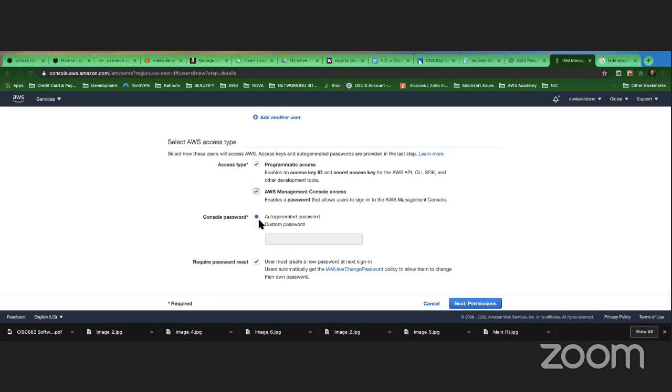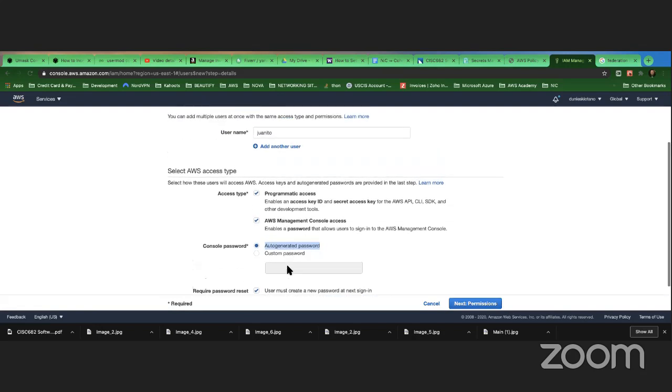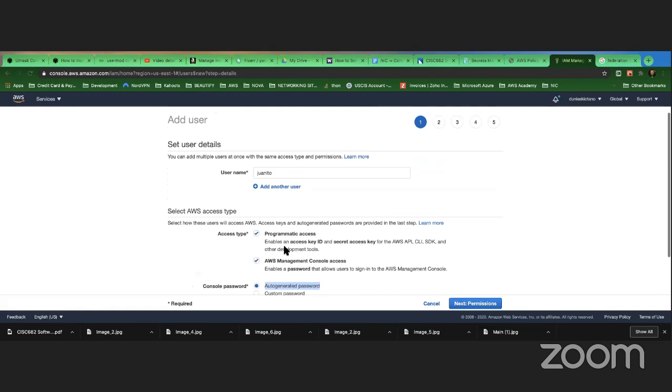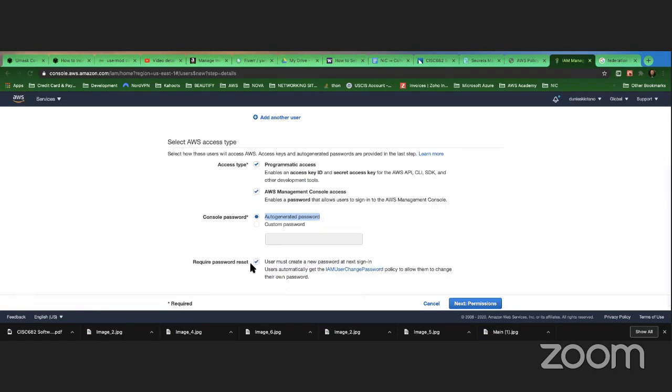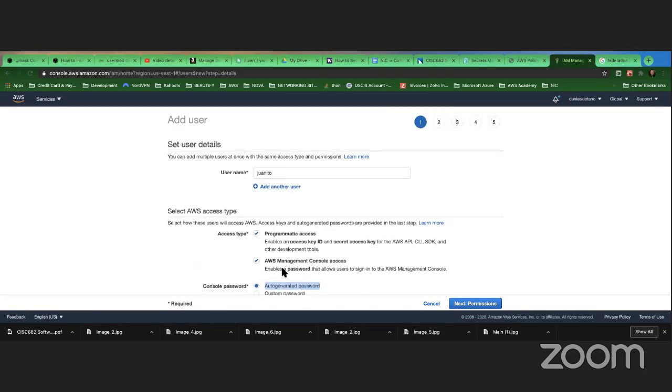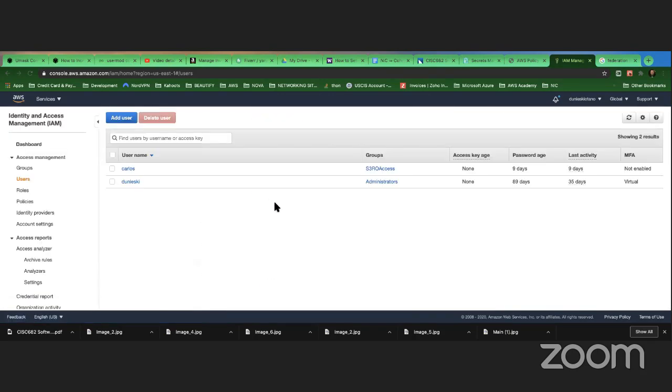It's going to auto-generate a password, and the next time Juanito logs in, he will have to create a password. Before this, I can create that password policy, and then Juanito will have to comply with that policy when he creates the password. That's how you create that.